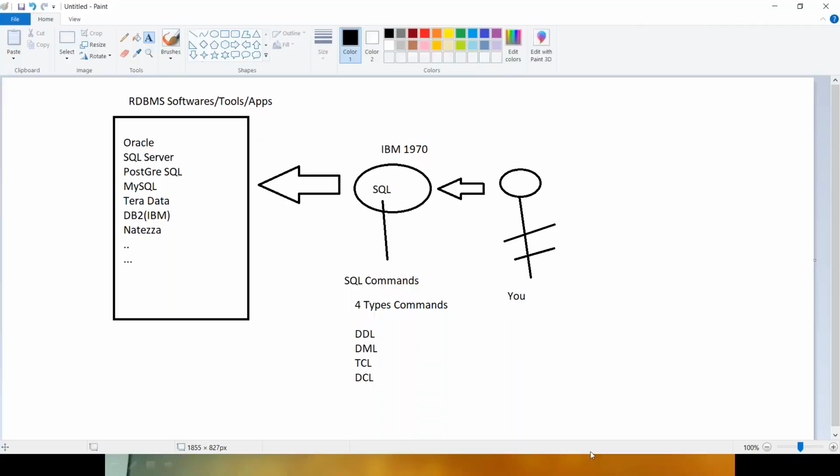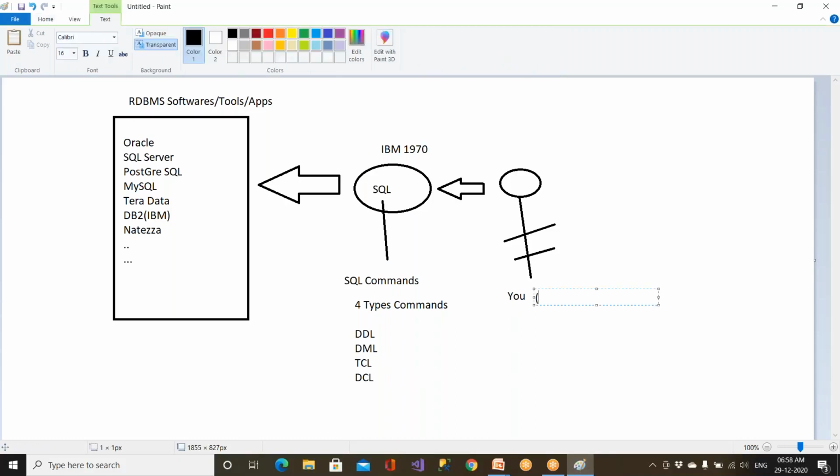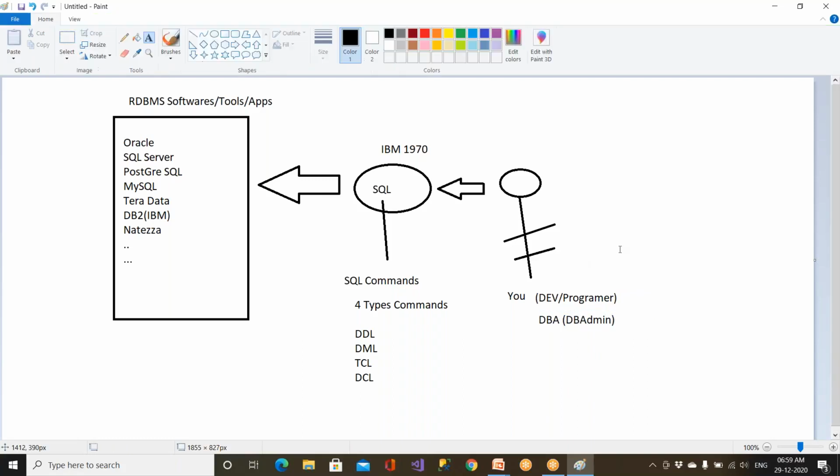Clear? So you guys are called developers. You are a developer. Developer is called a programmer. You're a programmer. You're going to be writing the code. But there is one more team. Those people have to maintain these servers. The team is called the DBA team. DBA means what? Database administrators, admin guys. Clear? So those guys have to buy the hardware, install the operating system, install software, and the complete data of the company will be maintained by DBA guys only.